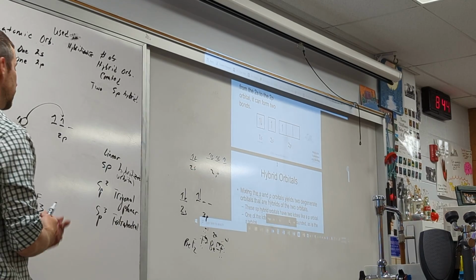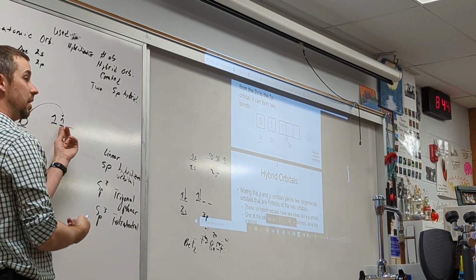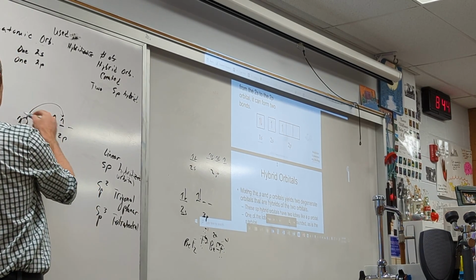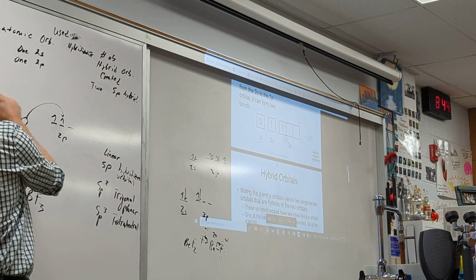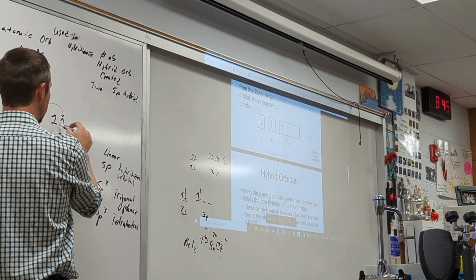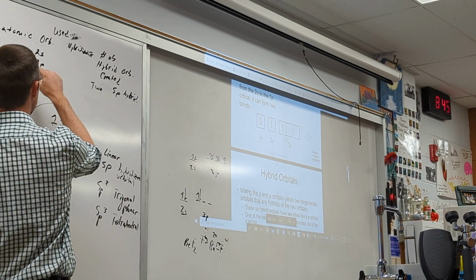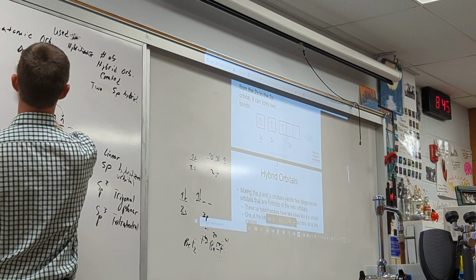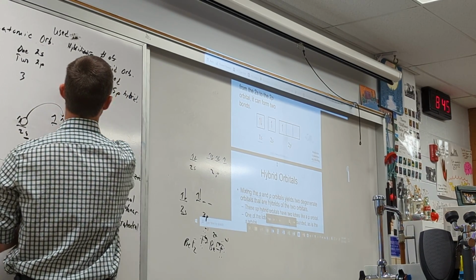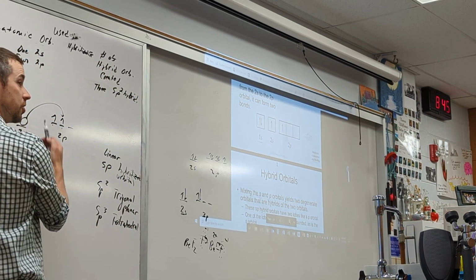But in doing so, we took the S sublevel and mixed it with, not this P, I know it looks like that, but these are chemically equivalent in terms of their energies. Follow them back here, those are degenerate orbitals. So we've taken one of the S's and 2 of the P atomic orbitals and mixed them together. So that's 3 over here, 1 S and 2 P's, to create 3 sp2 hybridized orbitals.